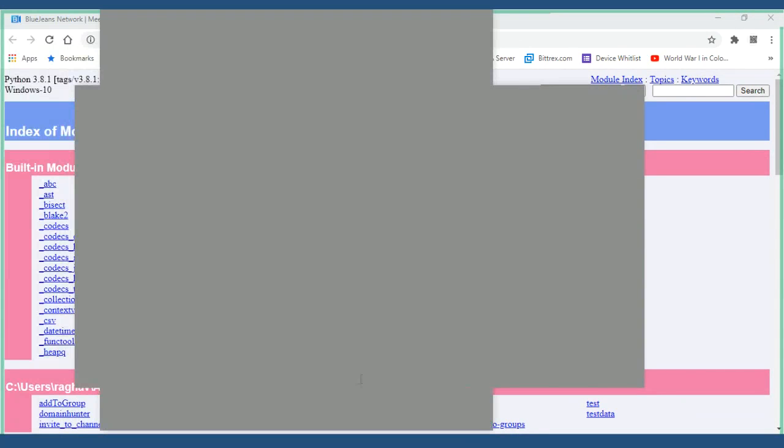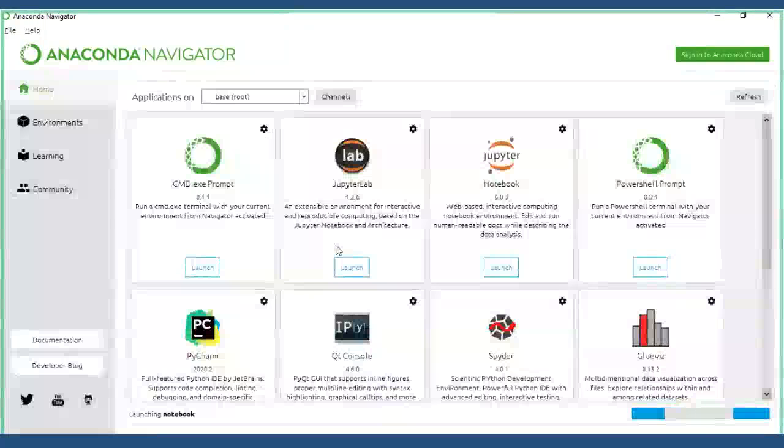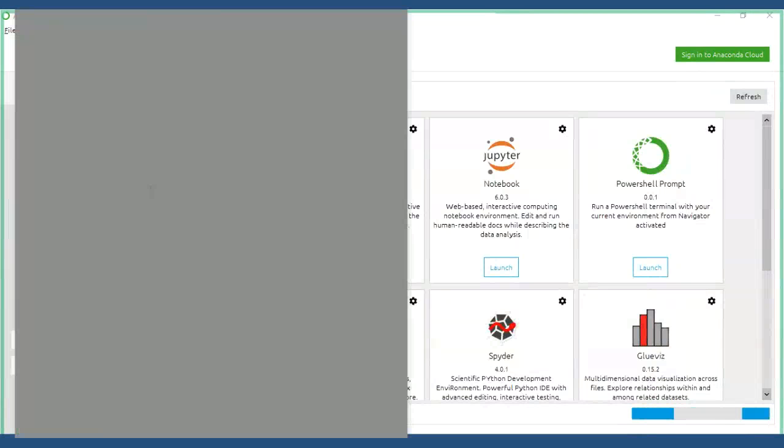Hope you're able to see this. Python IDLE, you're able to view it? Half of it. Now it's a gray screen.